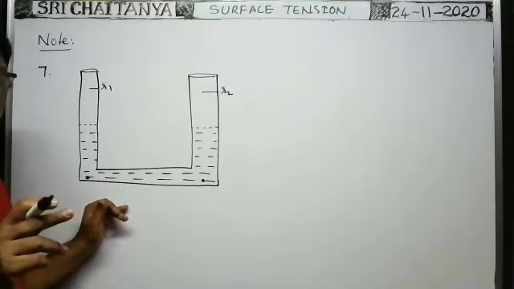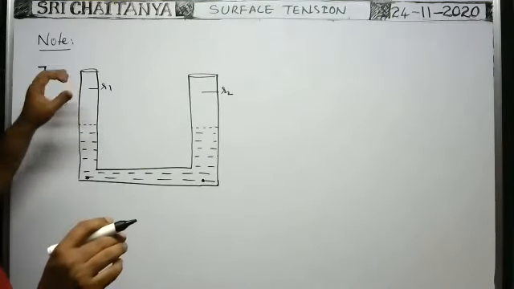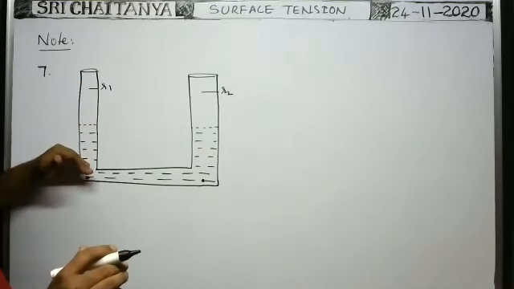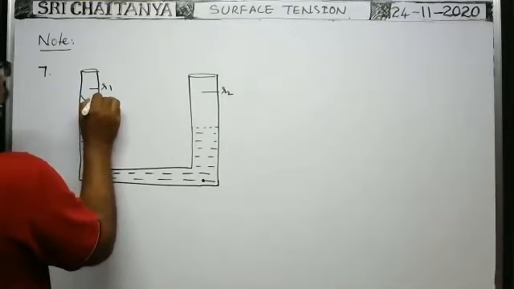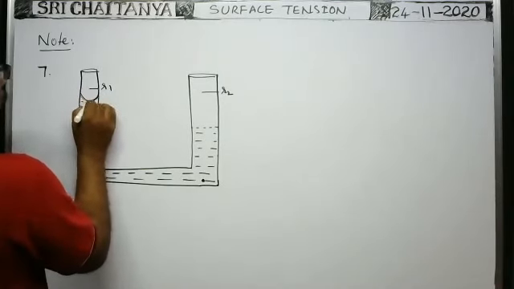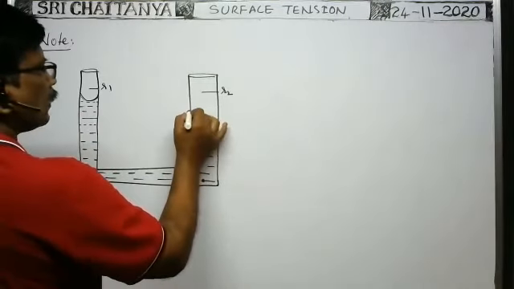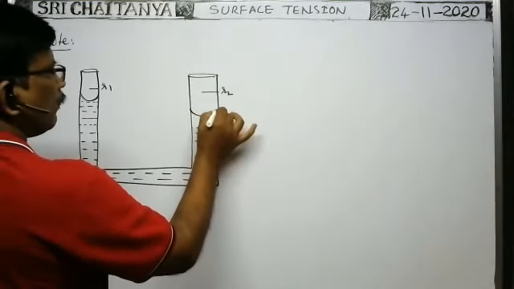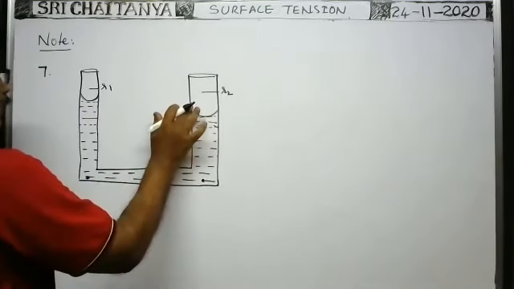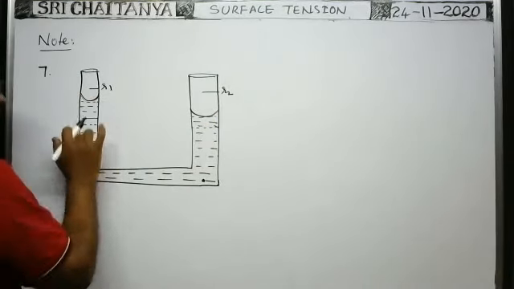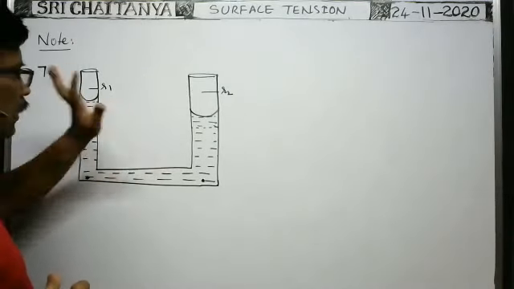RH is constant, so H is inversely proportional to R. Where the radius of cross section is less, the capillary rise will be more. That's why the liquid level rises to a greater extent here. Suppose the liquid level rises here also because of capillarity action. Here, as the radius is large, the rise in the liquid level will be less compared with this one. So these are the meniscus. In this capillary tube, it is the meniscus, and in this capillary tube, it is the meniscus.